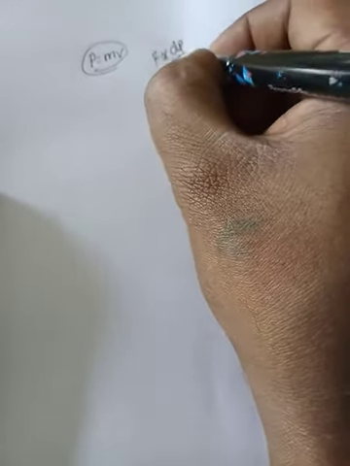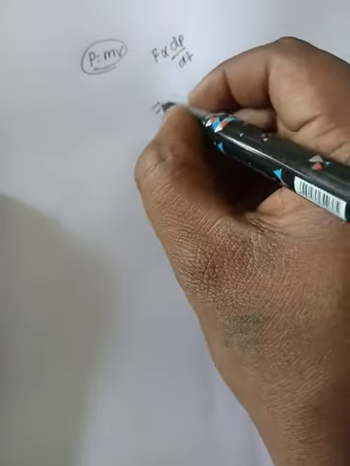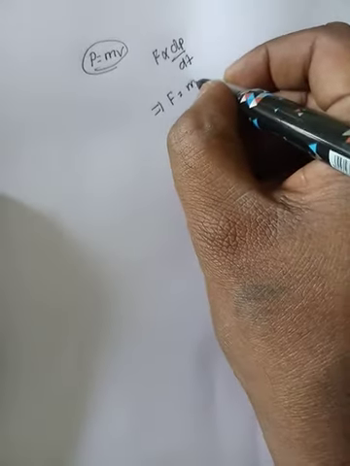Momentum is equal to mass into velocity. It means we can make a body at rest go into motion, or motion to rest, by applying some external force. That external force is directly proportional to the rate of change of momentum. We have derived that as F equals ma. This is the second law of motion.